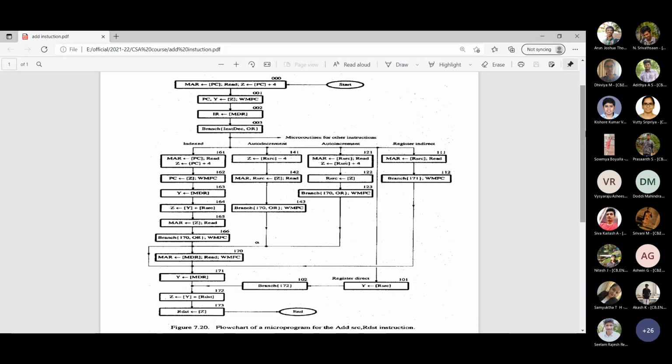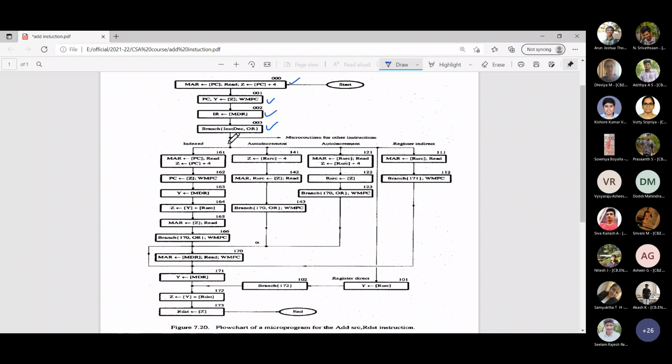Okay, so this is the complete flow of any type of add instruction you take. The first 3 things are common for any instruction you take. Then at 003 you have the micro branching instruction or the bit ORing operation, as I said, another name for that. That OR does not mean it is an OR operation; bit OR means it's some logical operation. In other words, it's also called micro branching.